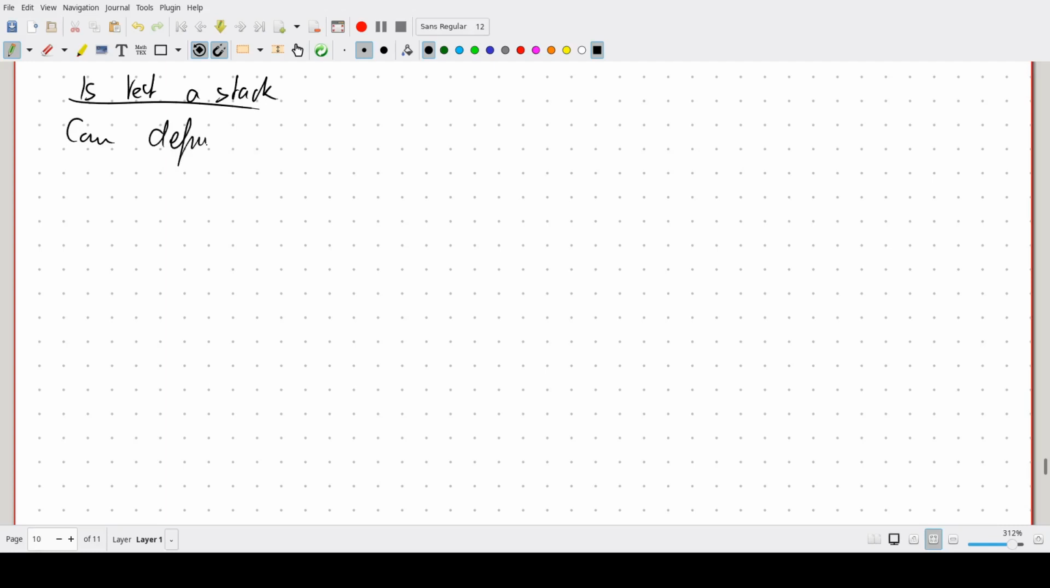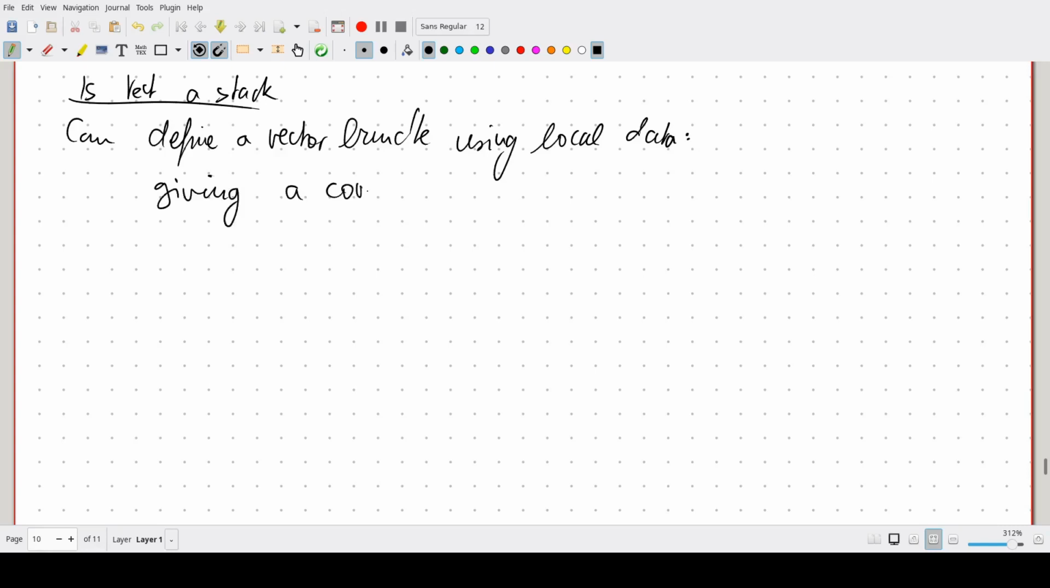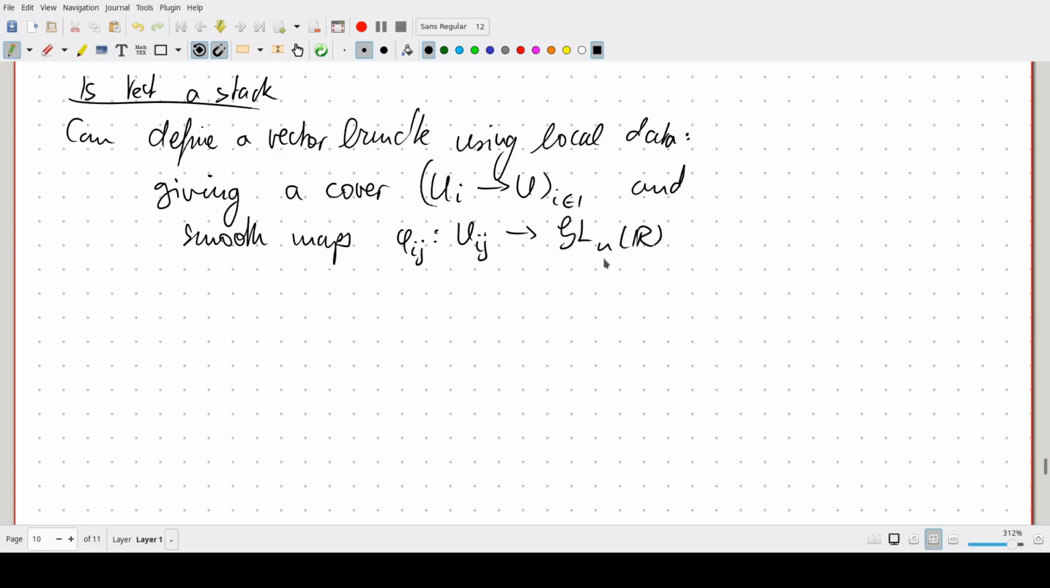So we can define a vector bundle using local data, namely by providing a cover U_i of M, so in our notation we call that this, and giving smooth maps phi_ij from U_ij to GL_n(R), where n is supposed to be the rank of the vector bundle, such that